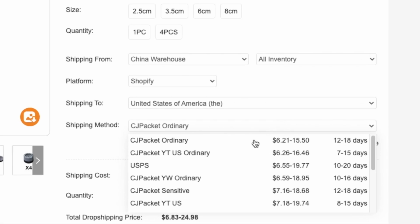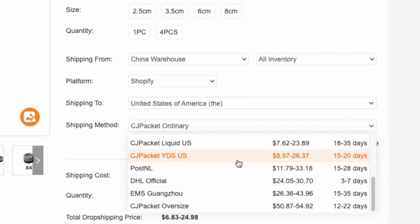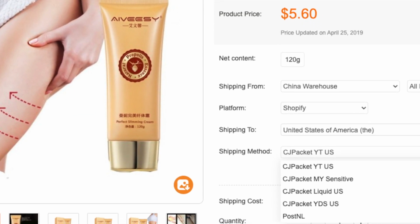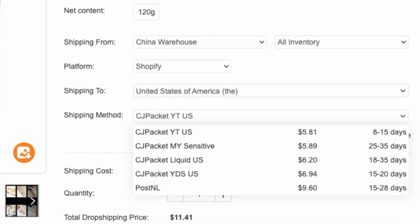Another thing that you want to watch out for is ensuring that there are actually good shipping times available for that product. With CJ, they have several different types of shipping available, and shipping times vary based on the product. So you just want to go through and make sure that you are able to get some good shipping times for your customers. If you don't do this, trust me, you're going to run into a bunch of issues later on when you're scaling out your product and a bunch of customers aren't getting their products within a reasonable amount